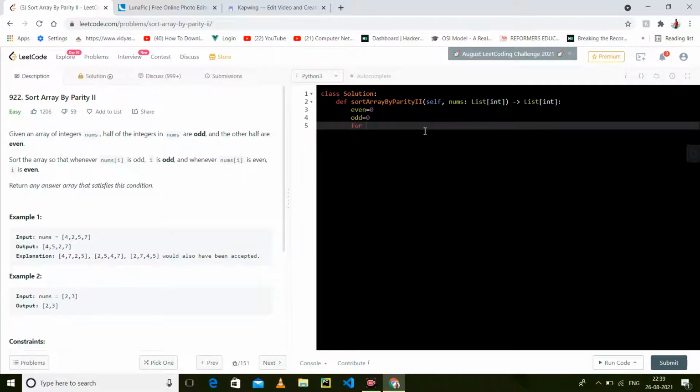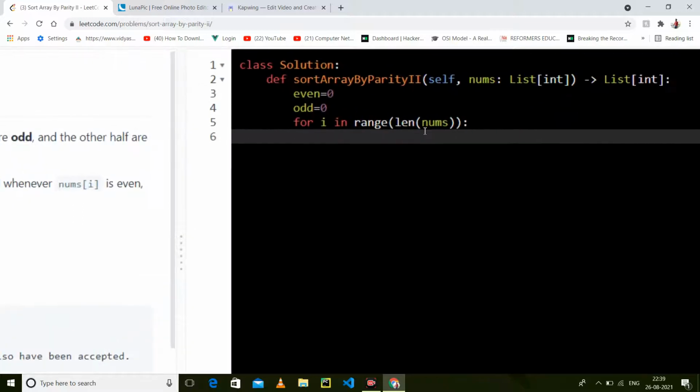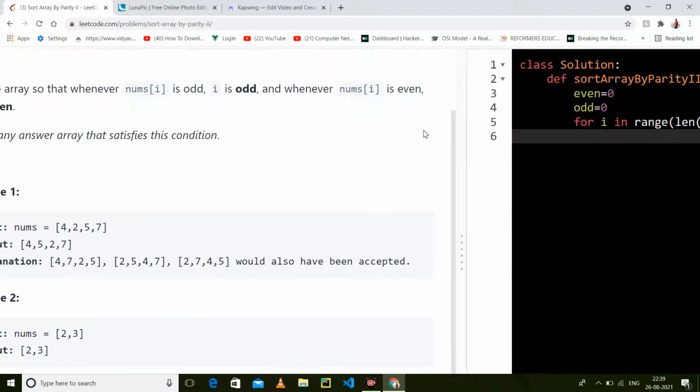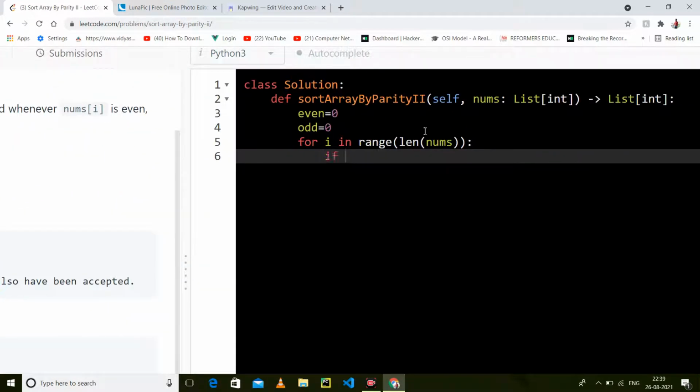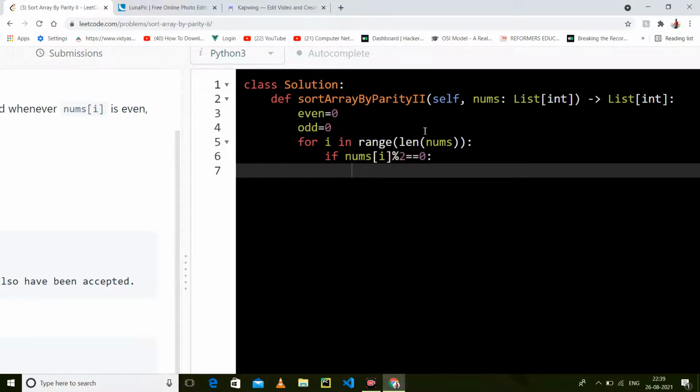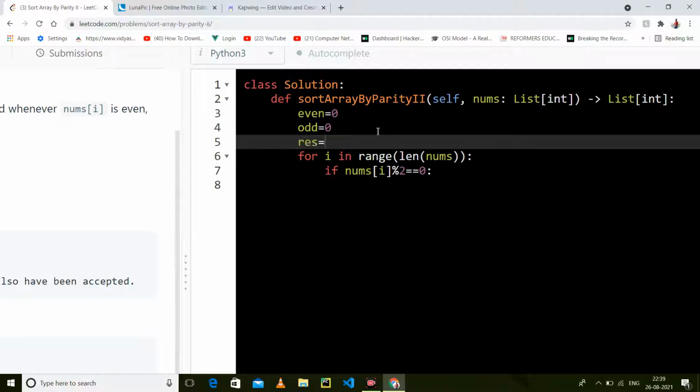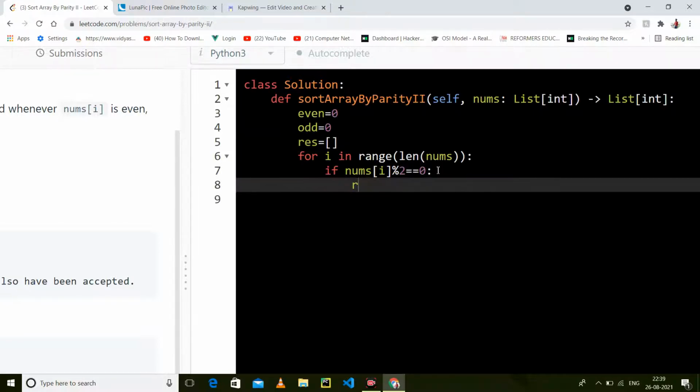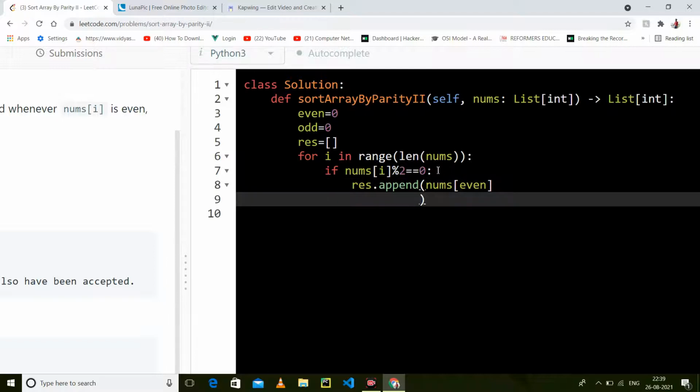So let's run a loop. If our nums of i is even, then we will make a result list and append nums of even, and we will increment that even by 2.